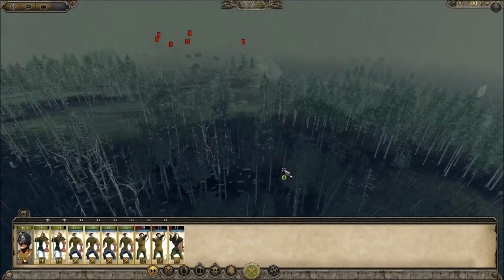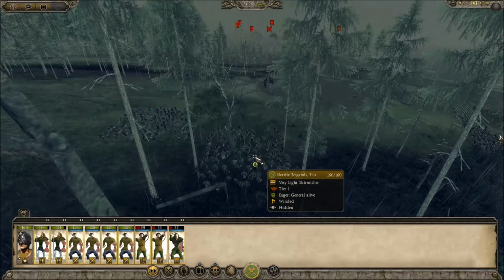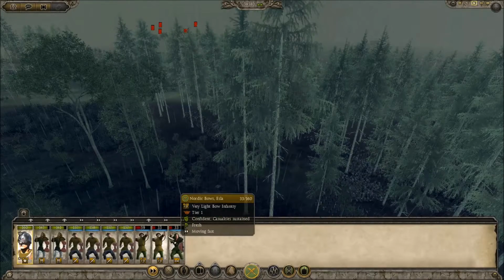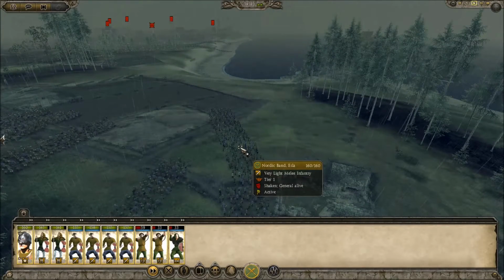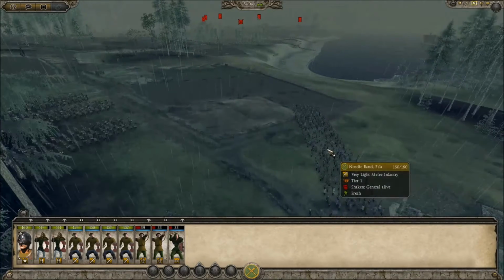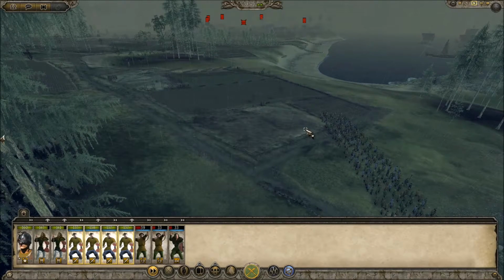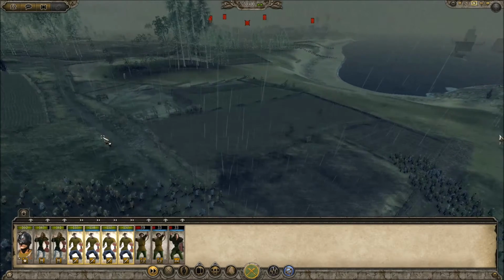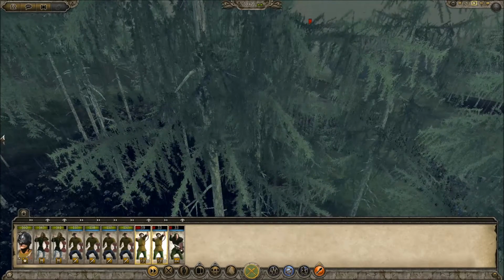So let's see. All right, yeah, position on the hill. Honey, you go ahead and get that. All right, get over there. I'm really not sure why they sallied out. It might be because of the onager, but even when I dropped it, they didn't change their mind. So, all right. So what we're gonna have to do is